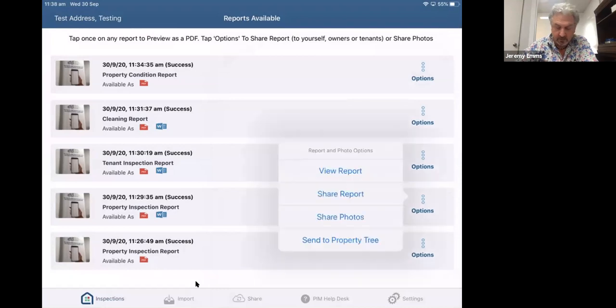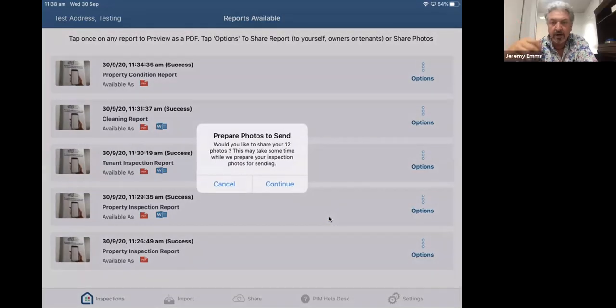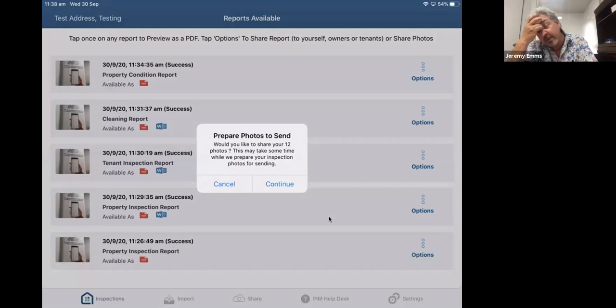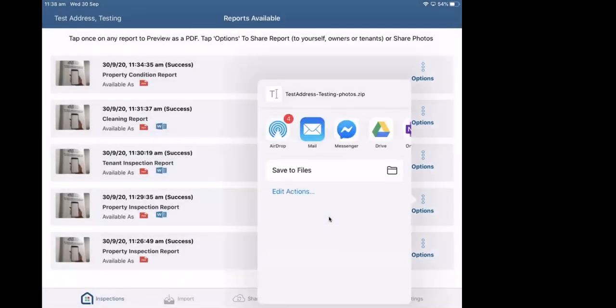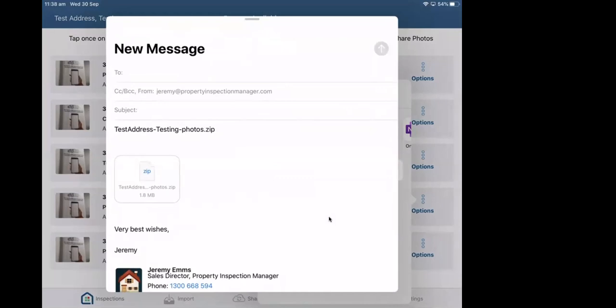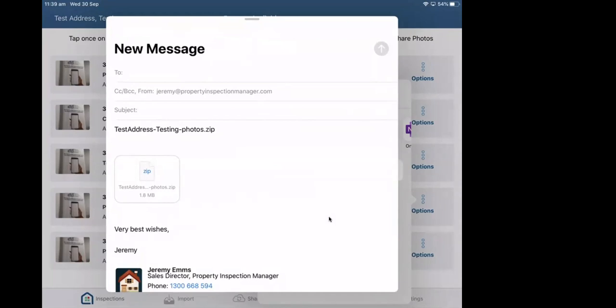The other thing that you can do is you'll see there's an option here to share photos. If you press share photos, you can send them to a file sharing service like Dropbox or OneDrive, or if it's for a routine inspection, you can send a few photos like this one. I've got 12. And you can mail them to yourself or mail it to somebody else as a zipped up file, and that will save the individual photos outside of the report as individual JPEGs. So you can zoom those up, you can use those later, and you can hold those on your servers. So that's something else that isn't always used, but you can.